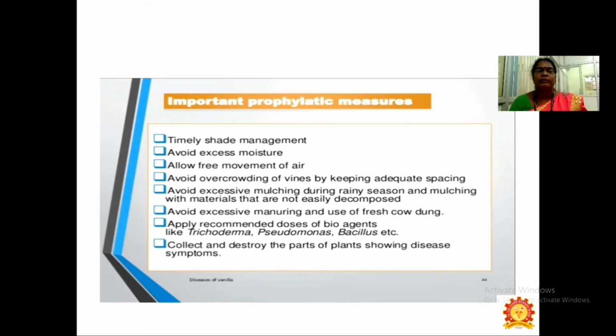We have to avoid mulching during the rainy seasons and mulching with materials that are not easily decomposed, and avoid excessive manuring and use of fresh cow dung. Apply recommended doses of biocontrol agents like Trichoderma, Pseudomonas, and Bacillus, etc. And we have to collect and destroy the parts of plants showing disease symptoms.